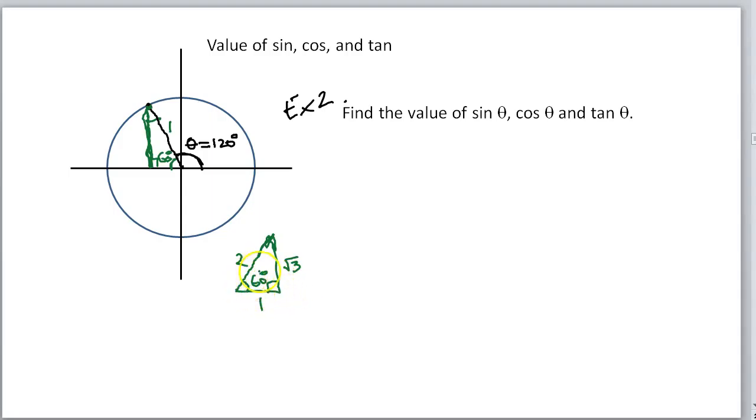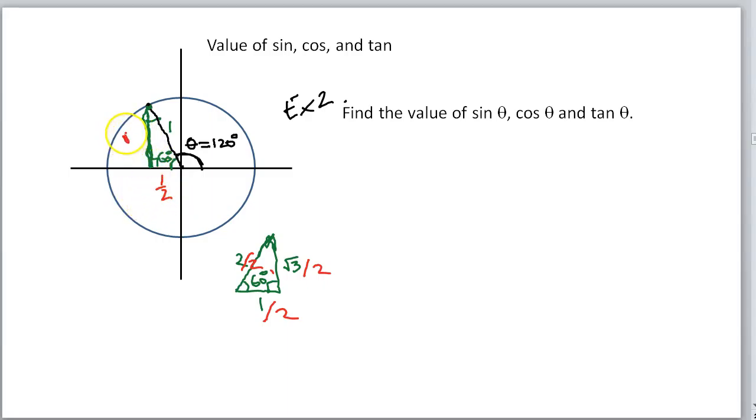We know that since this is 60 and 90, that's also 60 and 90. These two triangles are similar triangles. I should have drawn this bigger because this is supposed to be 2 and that's 1, but the figure is not drawn to scale. So how do we make this identical to this triangle here? Well, you can shrink everything by 2. If you divide every side by 2, then this triangle is exactly the same as this triangle because the hypotenuse now is matching this number 1. So we know that this length over here is 1/2,